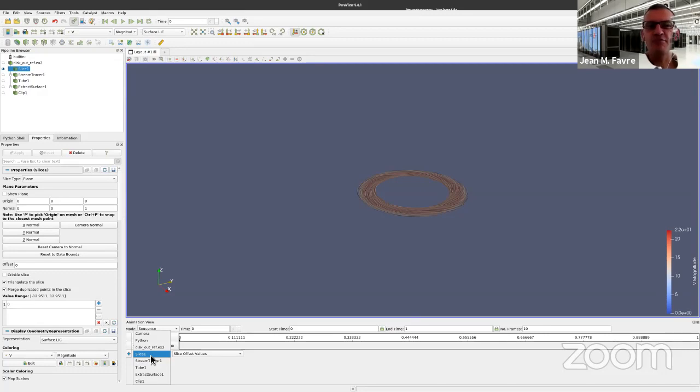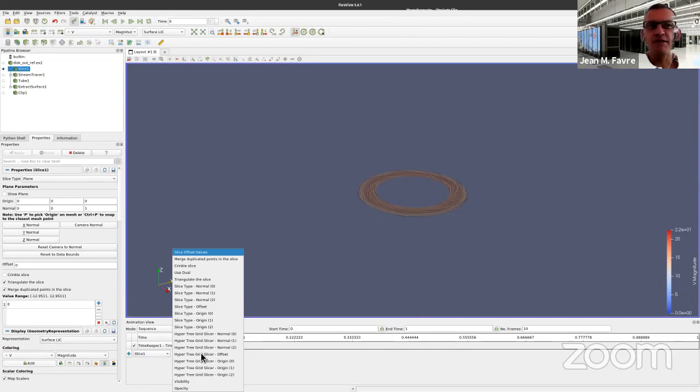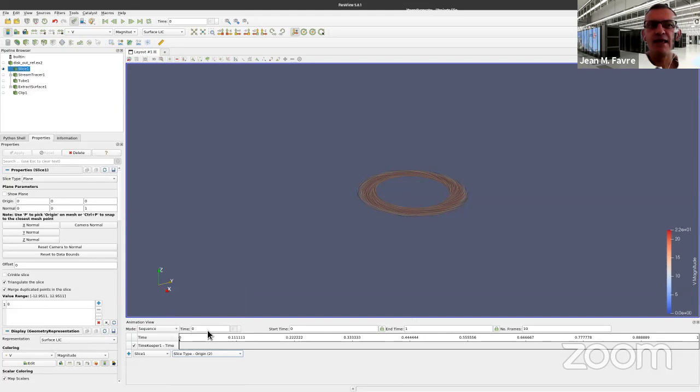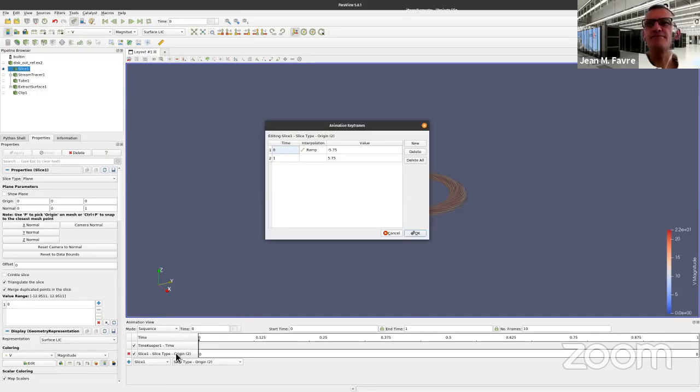So here for the slice object, the slice offset value, I'm going to look at the slice origin, and I'm going to pick origin of 2, so that's the Z coordinate, and I'm going to add this to my animation track. Now, if I double click on this panel, I can set the low value to be 0, the high value to be 7,